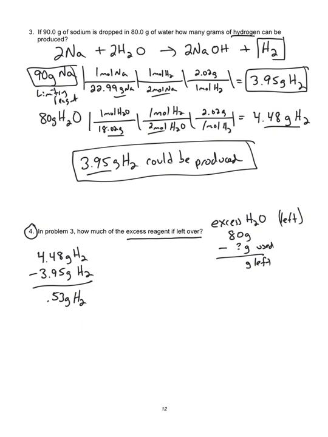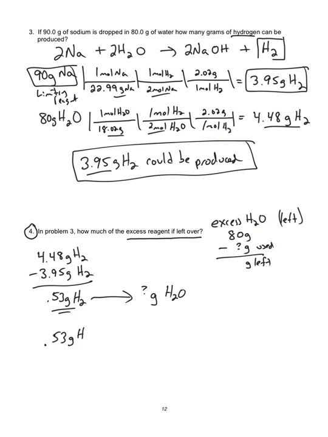run out. So now if I work backwards, I can figure out how much water this would be. If all of the water were to react, we would have none left. But since 0.53 grams is not able to be produced, we can work backwards to figure out how much water this would be, and that's how much water is, in essence, left over. Okay? So,